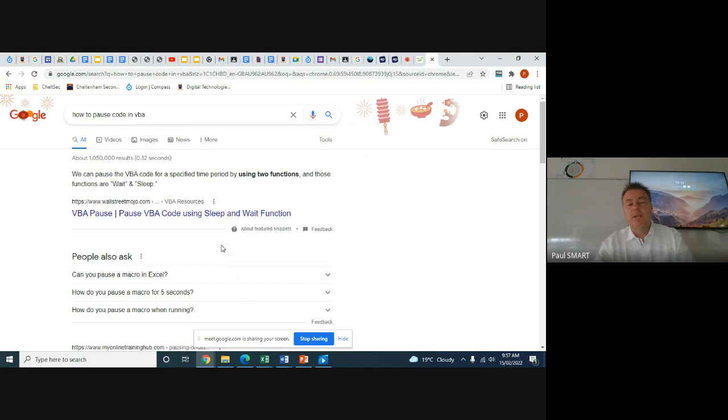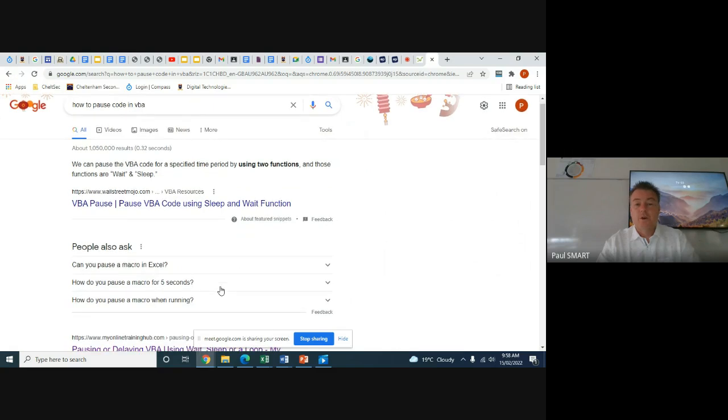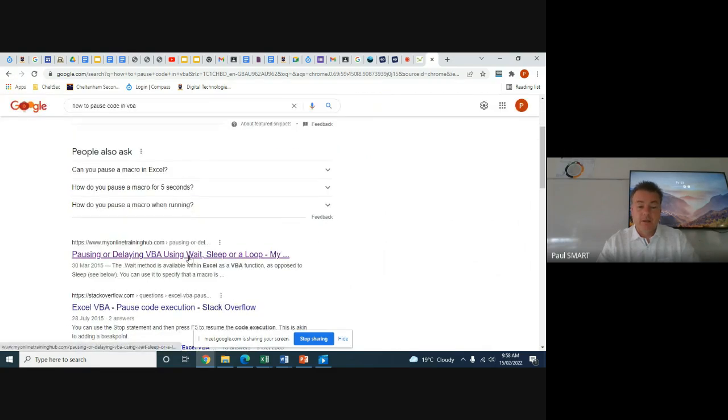But if you don't put any pauses into the code, what's going to happen is that it's going to happen super fast to the point where it's almost instantaneous for the user. Now that's not exactly what we want. So if we're trying to create a game with a bit of movement in it, like Tetris, for example, what we would need to be able to do is pause the code. So I kind of had to go and look up how do I pause code in VBA? Okay, and